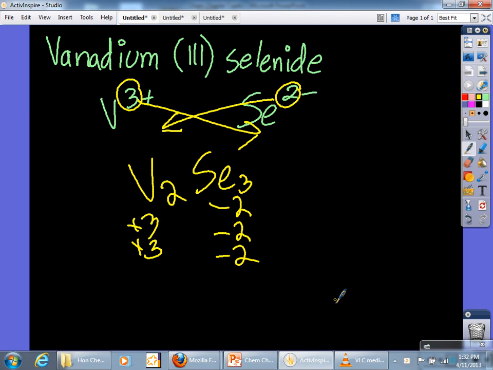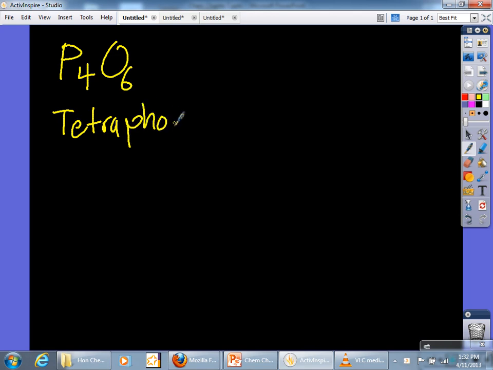Kanaya: As far as the prefixes go with like di, tetra, and all that, where does that apply again? With any compound that has no metal. Use prefixes with compounds that do not have metal. So a quick example: there's no metal here. This is phosphorus and oxygen. Is it tetraphosphorus? So this name becomes tetra. I just made this up. Hexoxide, because it was first known as a